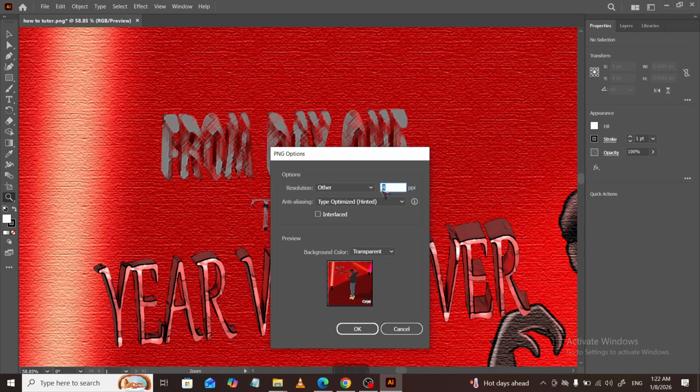If you picked SVG, keep it vector by using default styling and preserving editable text when possible. This produces lightweight, scalable output for the web. For PDF, choose a preset that suits print and preserve Illustrator editing capabilities if you plan to make changes later. With EPS, use compatibility settings that match your printer or collaborator's requirements. Once everything looks good, confirm the settings by clicking OK or Save. Illustrator will export your file, and your logo